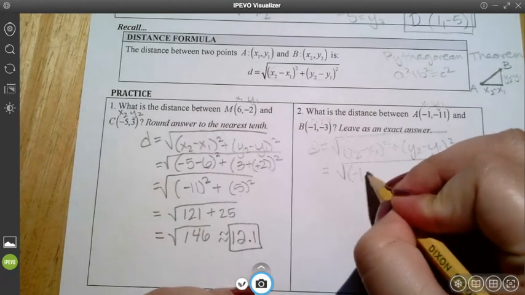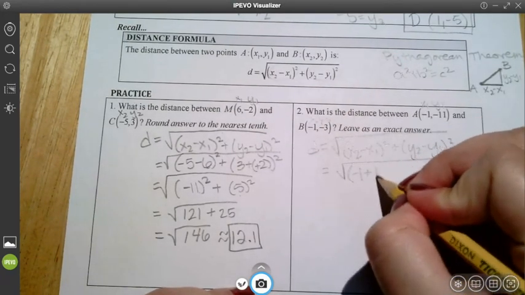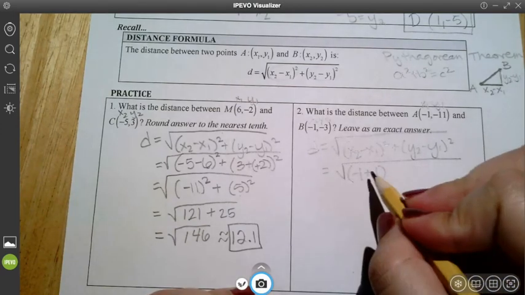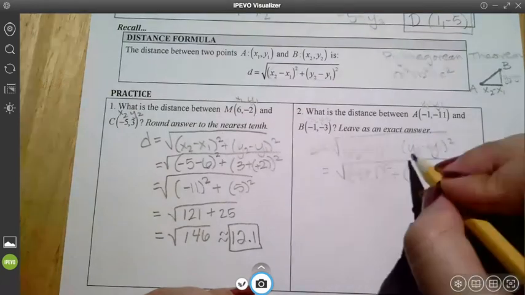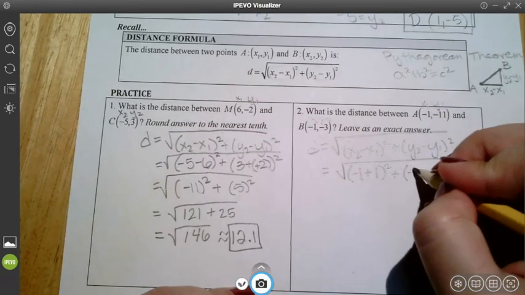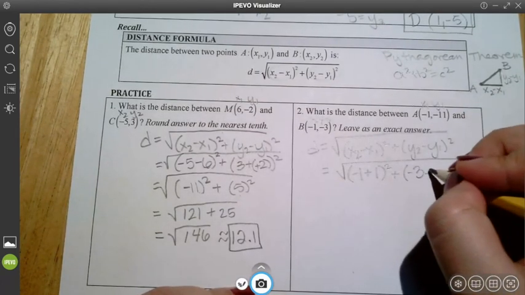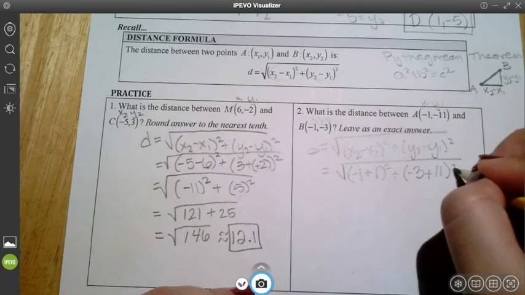Negative 1 minus a negative 1. I'm going to go ahead and switch it right away. Minus a negative, it becomes positive. Plus y2, negative 3, minus a negative 11 squared,